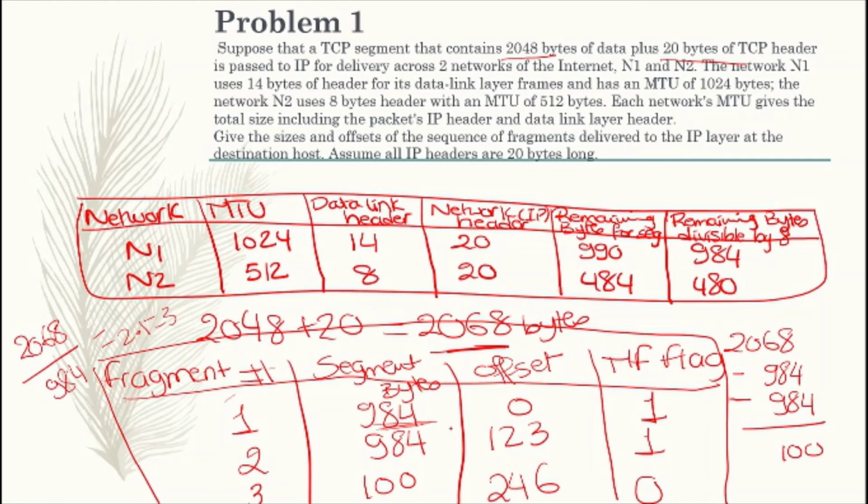Let's go to what will happen next in N2. Initially, we had a 2068 byte segment, which was transferred into N1 as 3 fragments. The first one had a size of 984, the other one had a size of 984, and the third one had a total size of 100 bytes as segment size. But the maximum transmission unit was 1024, and for N2, the maximum transmission unit was 512. So if we add the headers to these numbers, we end up at the maximum transmission unit. If we add the network layer header and the data link layer header, which are 20 and 14, we'll get a sum of